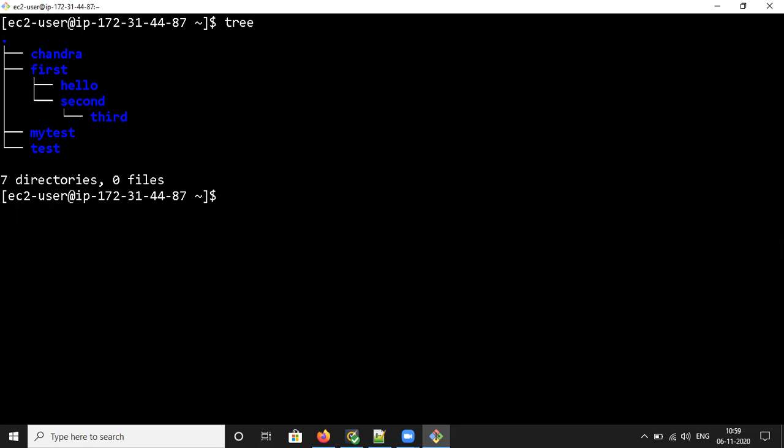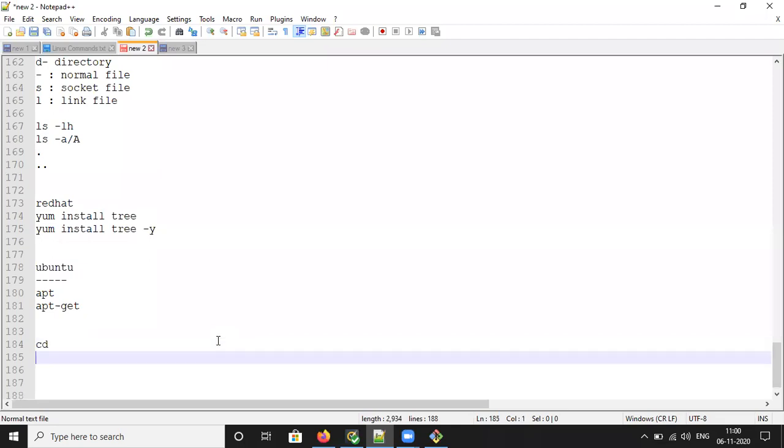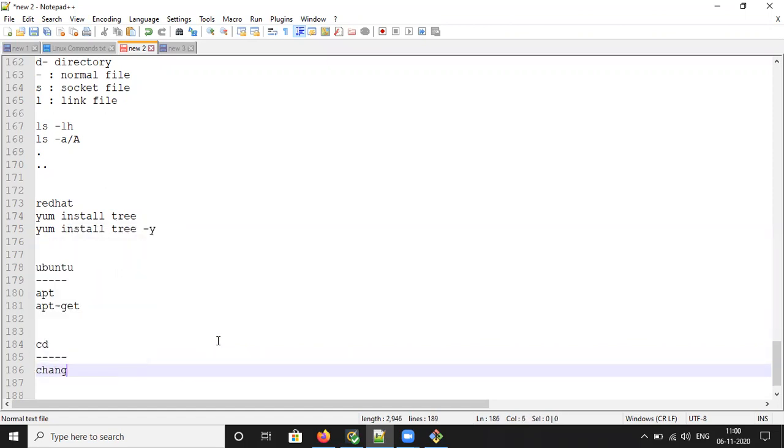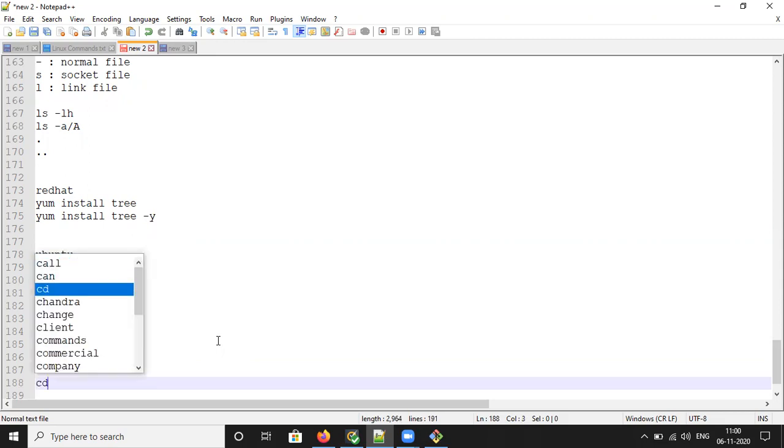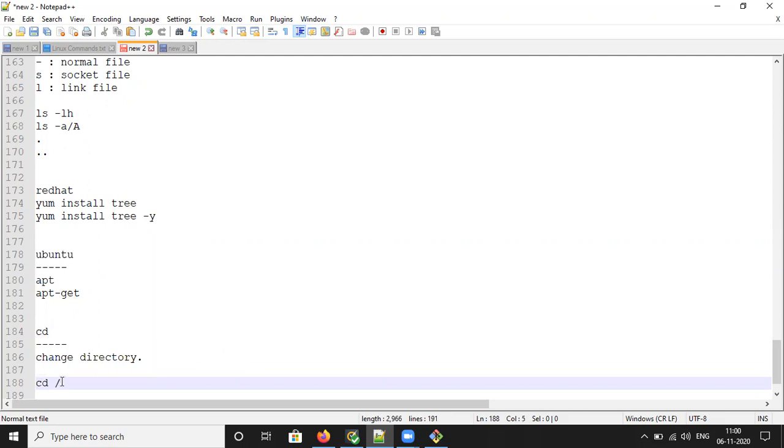Then we will go to another command called change directory, cd. It will change the directory from one directory to another. Even for this there are several options. cd slash. What does slash mean? We all know what we discussed in the file structure. Slash is the root directory. The root directory is the first directory in our Linux file system hierarchy.